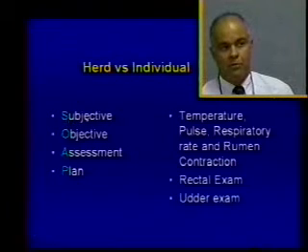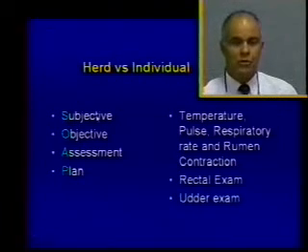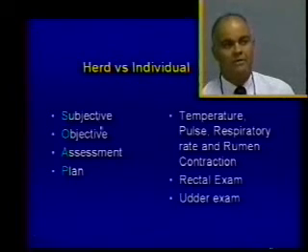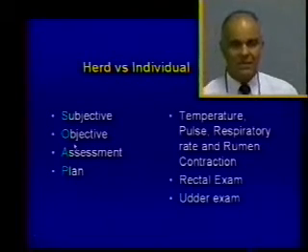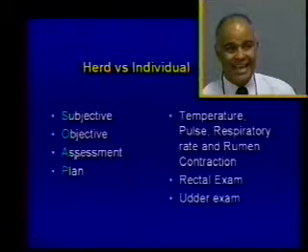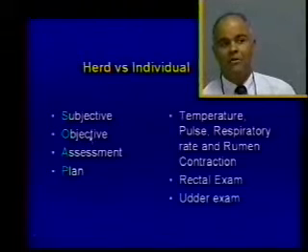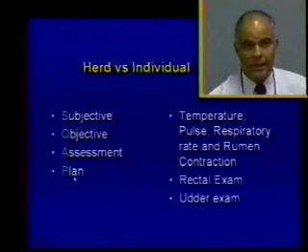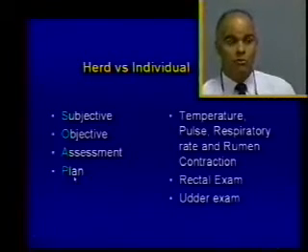S for subjective, that's the history of the animal, the breed, the age, etc. An objective assessment, that's your physical examination, your clinical findings. And then you want to assess the physical findings with the subjective findings and then come up with a plan. So the SOAP approach to small animal and the equine patient also applies